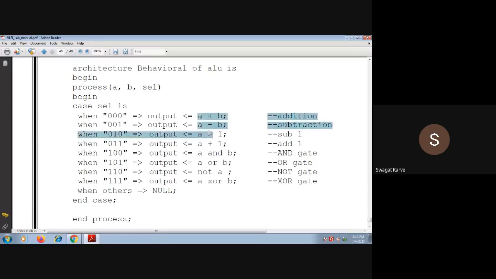See, it is not a fixed code. If 001, you have to give A plus B only. It is not necessary. Here you can write A and B also. The sequence you can change, right? For any select pin, what operation you want to perform by the ALU,